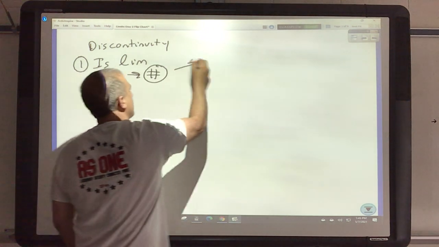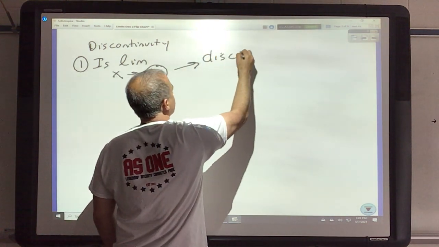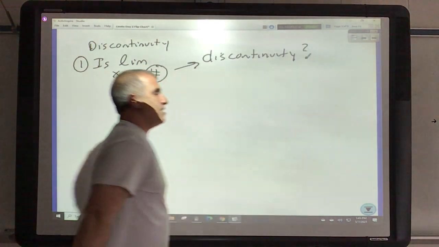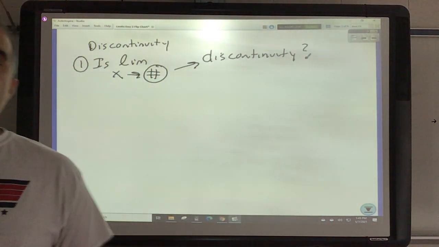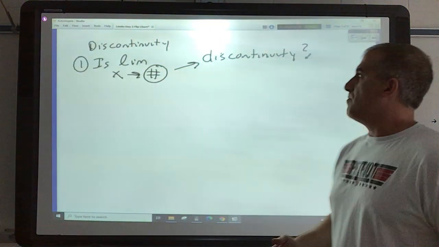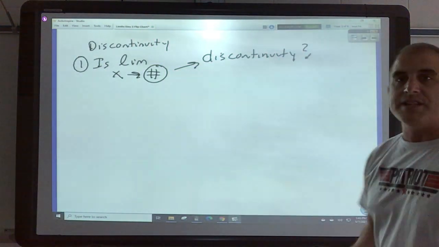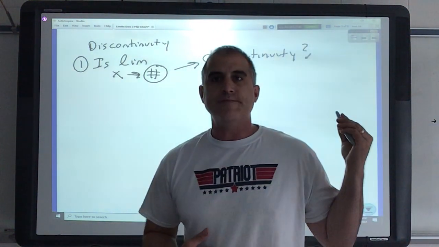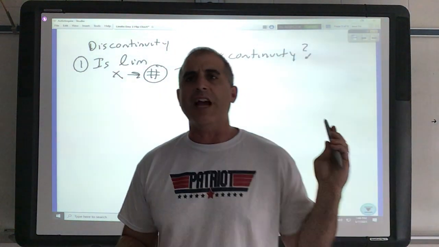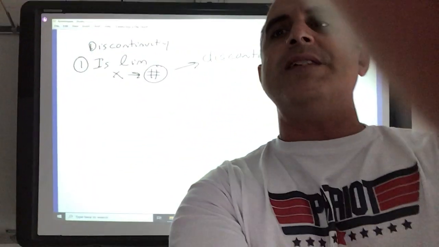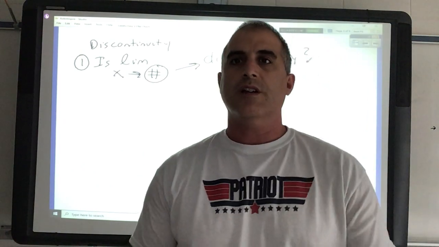Is that number the discontinuity? Sometimes we see things that have discontinuity in them, but is that number a part of the discontinuity? For instance, even in the jump example, and we'll do some of these in a second, if the limit is not trying to approach